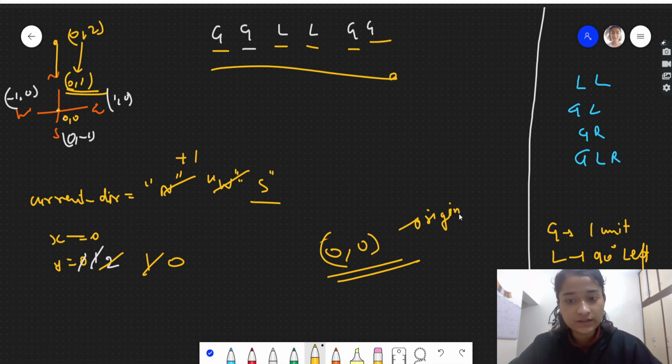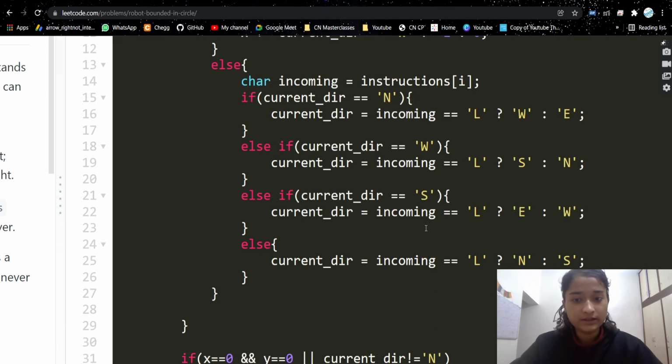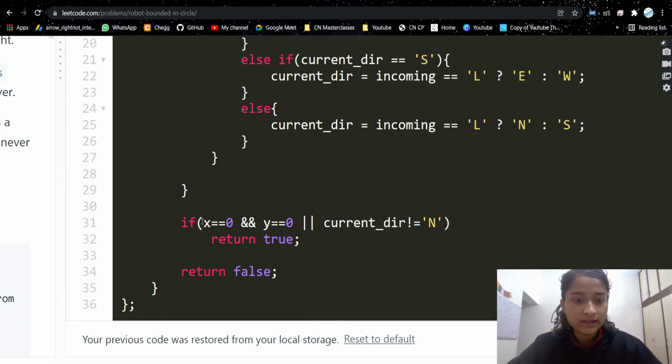So we discussed the two conditions. If the robot is at the origin, or the direction is not north, then it is in a circle, hence we will return true. At last it is at the origin, so we will return true.